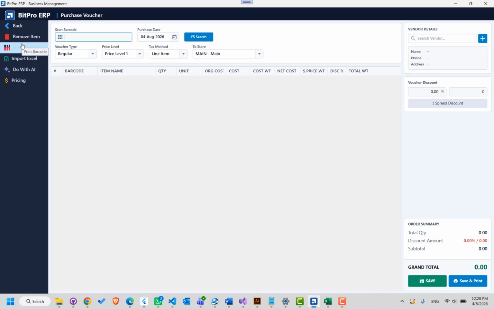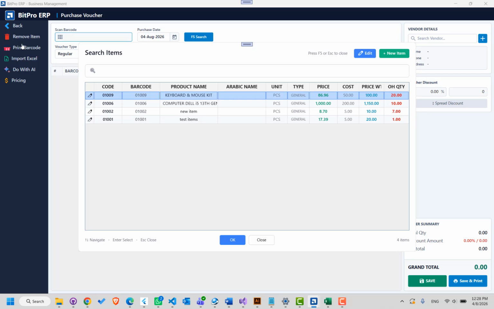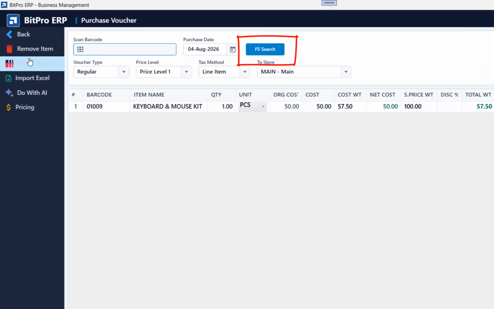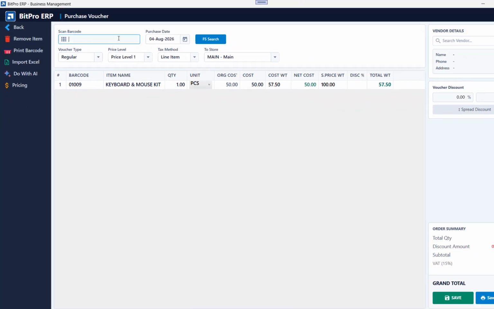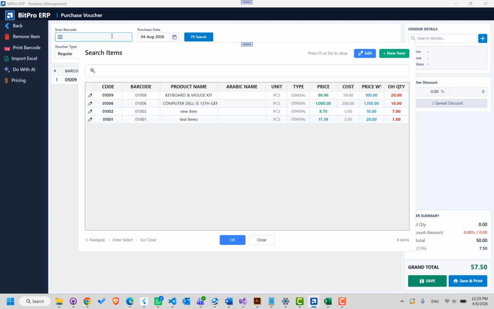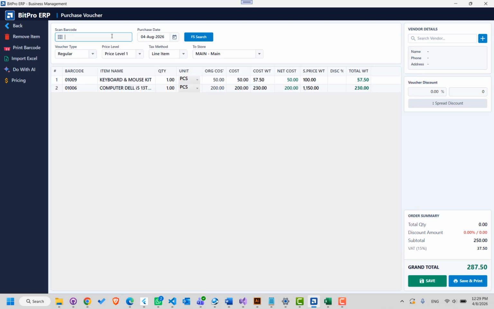So we can add items to the purchase. For example, I can search the item by clicking F5 on the screen. From here, the F5 search button, or you can use the shortcut key F5. Or if you have the barcode, just scan the barcode from here. Okay, so I will add two items. For example, this one,